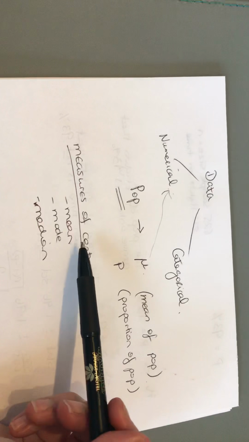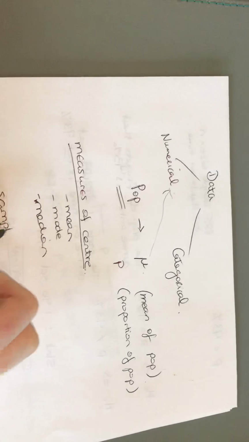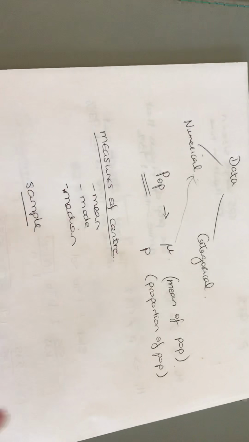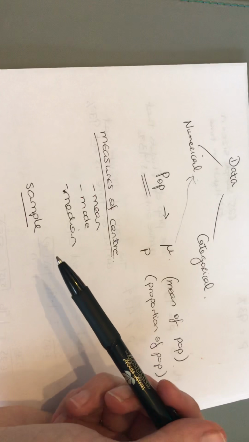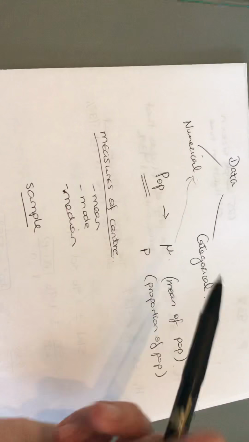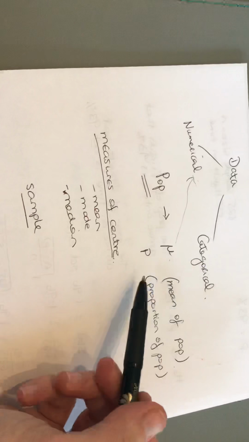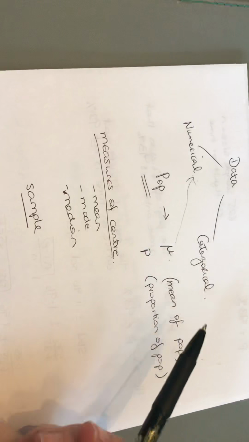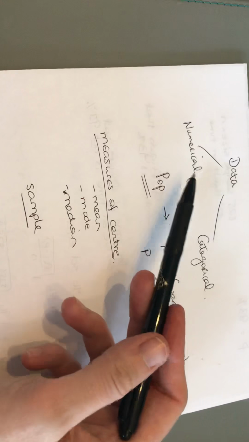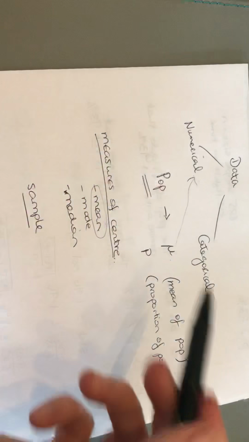And if we surveyed a sample, we'd have to give it a different name because we need to be able to distinguish between whether we surveyed the whole population or if we just surveyed a sample of the population. So I'll come back to this in a minute as to what the symbols are if we surveyed a sample, but the concepts are still the same. So numerical data, the best measure of centre would be the mean.